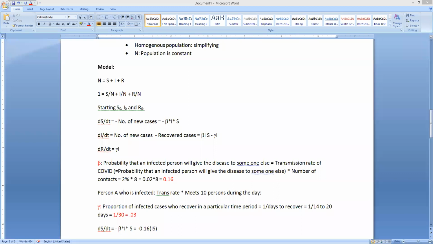In India, I think the first case was observed in February. After 40 days, which is roughly around March, the number of COVID cases started increasing. And so the proportion of susceptible people started falling from 1. After some time, the number of recovered people is also starting to increase.